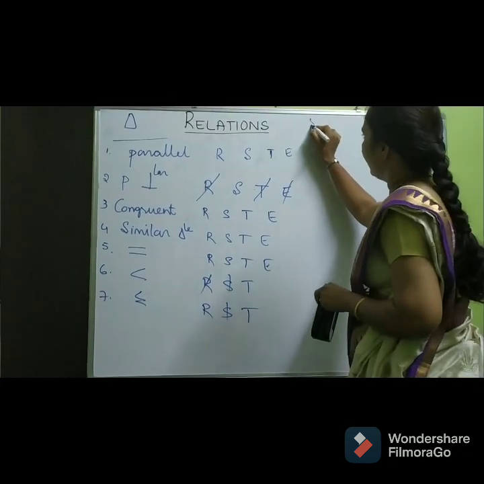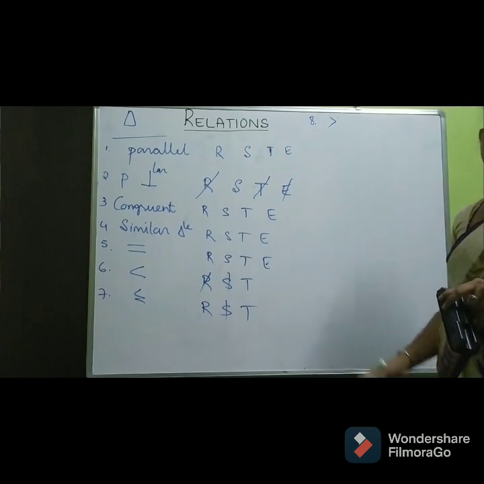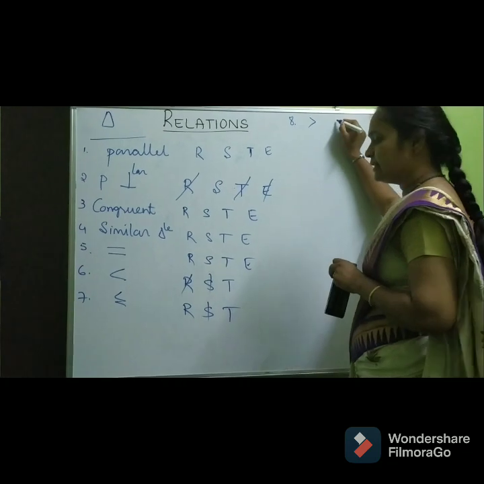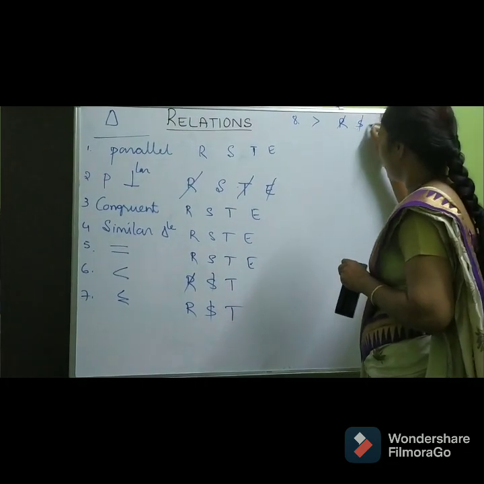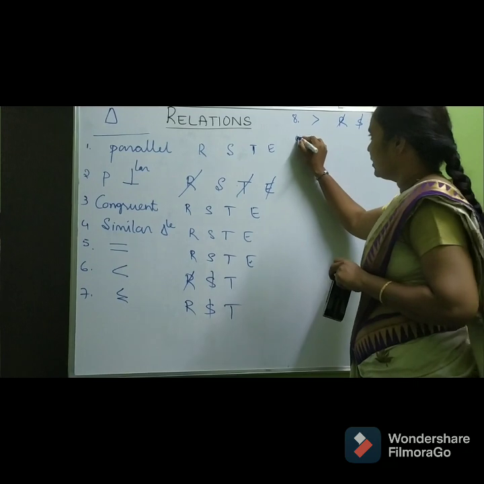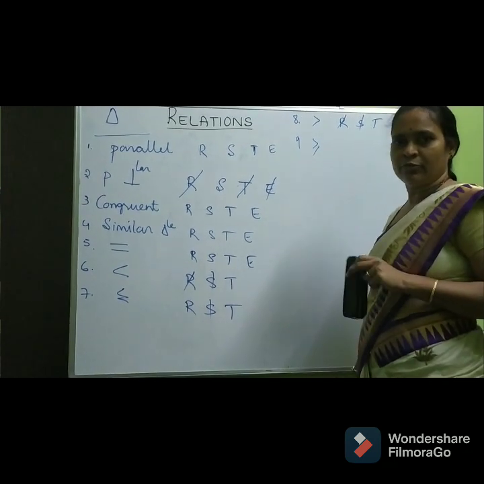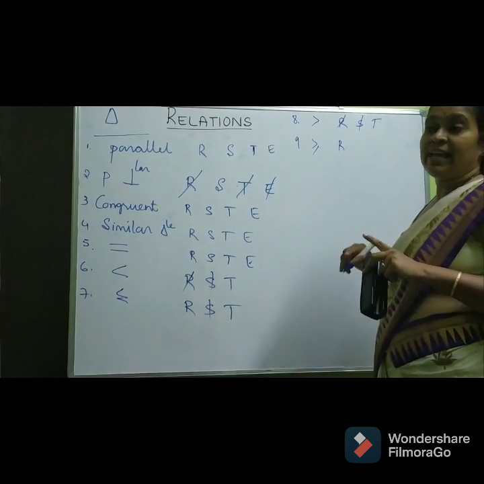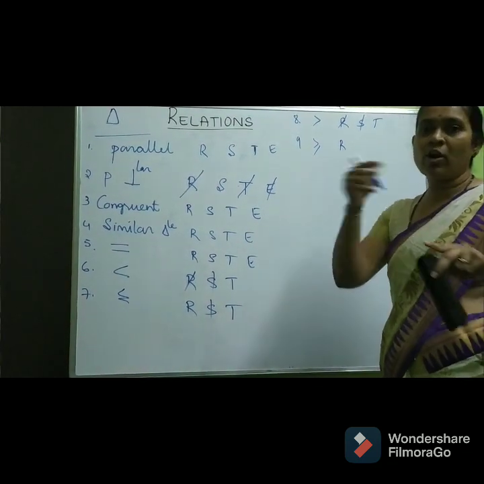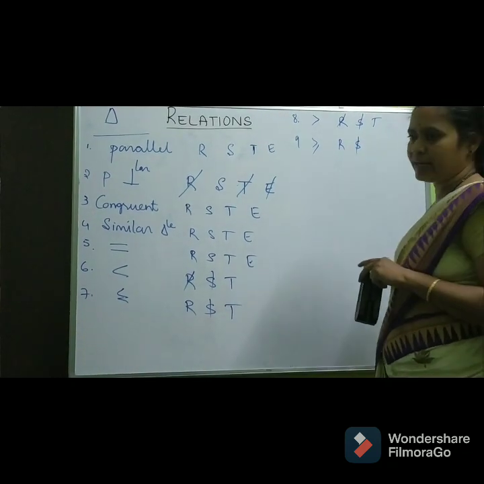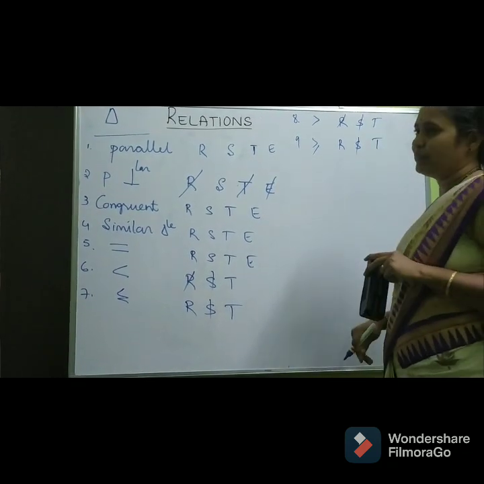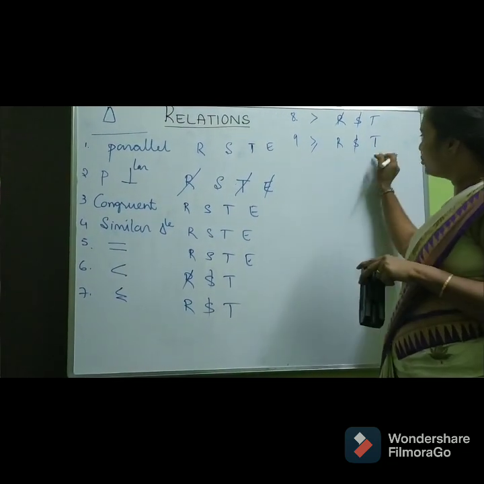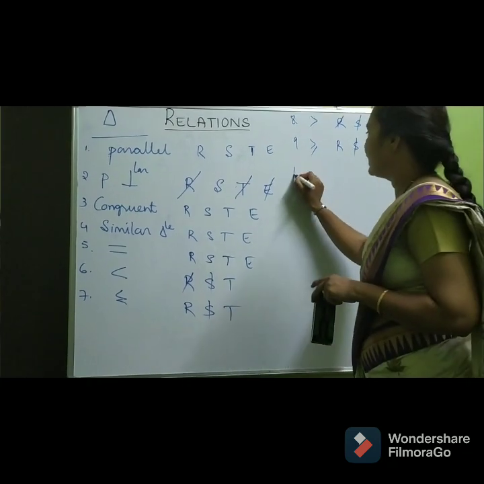Okay. See, the 8th one: greater than. Whatever we say for less than, the same applies. Therefore, greater than is not reflexive, not symmetric, but transitive. What about greater than or equal to? Of course, A is greater than or equal to A is true, therefore reflexive. If A is greater than or equal to B, B cannot be greater than or equal to A, therefore not symmetric. Transitive: yesterday itself you learnt linear inequality, you might know very well.